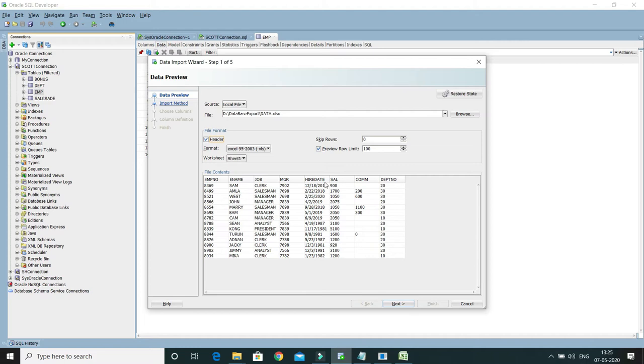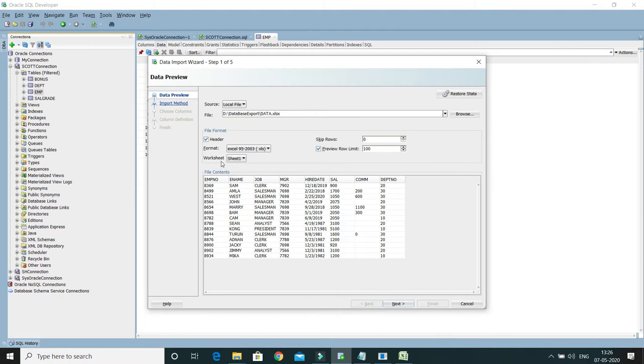All right, now we can select the format as XLS or XLSX, both. You can select any one of them, so let's keep the default one. Then here, skip rows. Let's say you have 1,000 rows, and out of 1,000 you want to skip the first few rows. Here we have 14 rows. Let's say you want to skip the first 5 rows, then write 5 here, and the first 5 rows will be excluded. But I don't want that, so I'll keep it as 0. I want to include all the rows I want to insert.